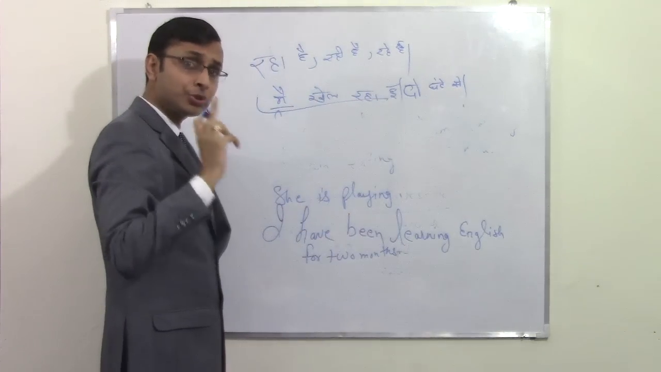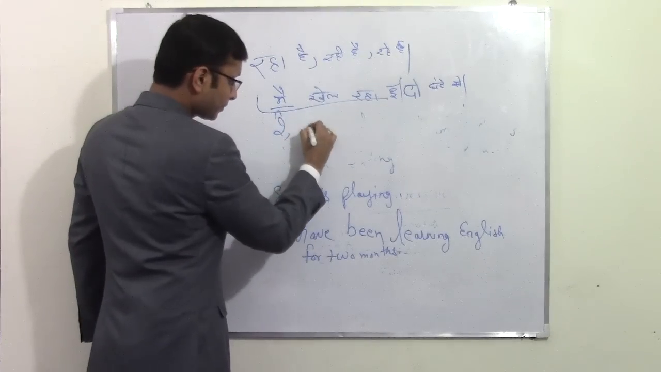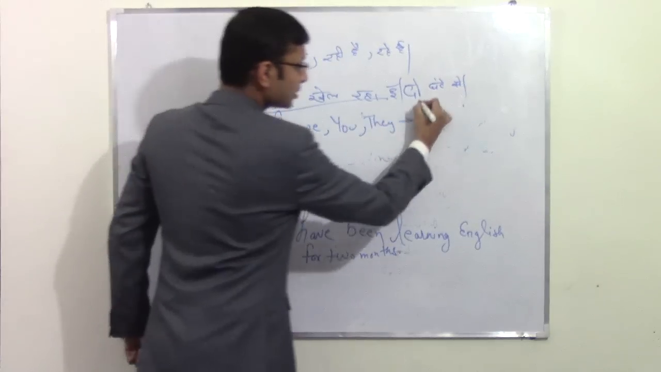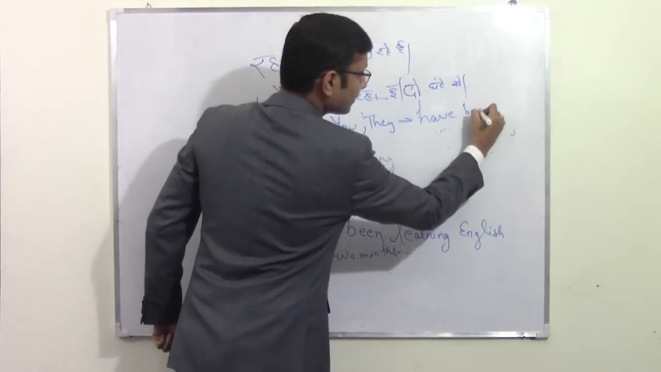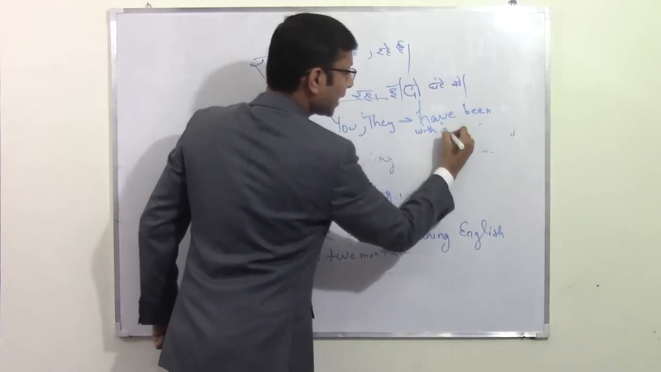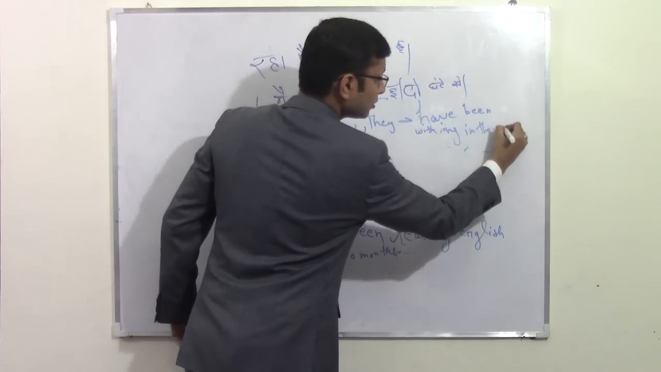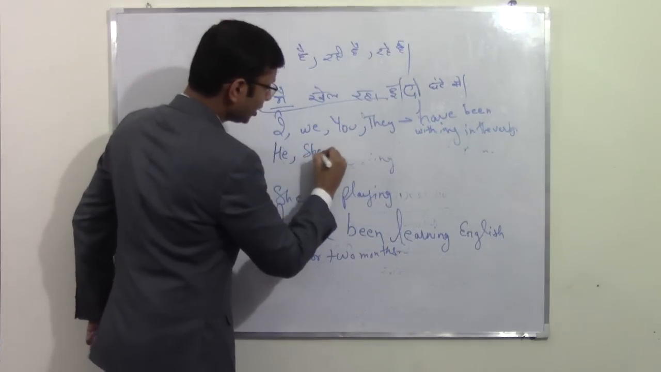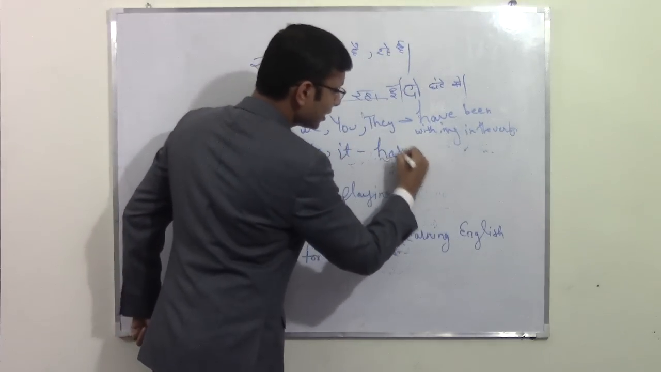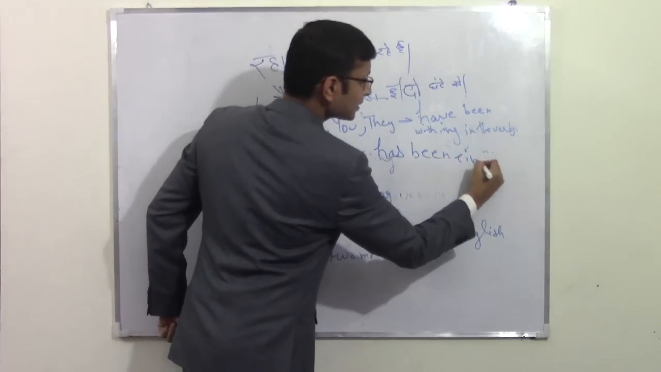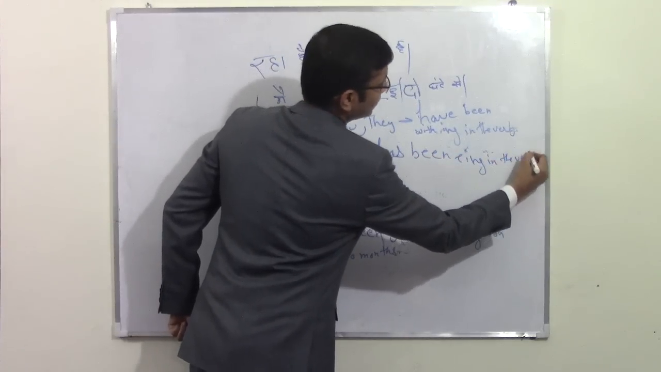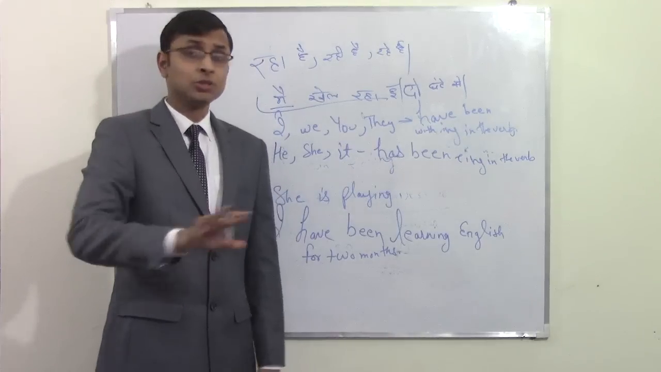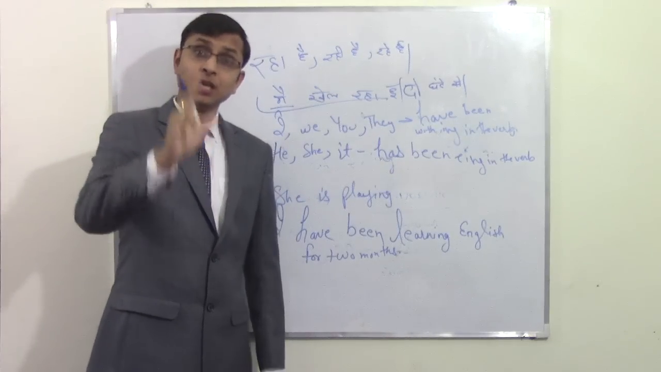So the helping verb which we are going to use with I, we, you, they is have been with ing in the verb, and with he, she, it we will use has been plus ing in the verb. So, मैं 2 घंटे से तुम्हारा इंतजार कर रहा हूं. So we will not say I am waiting for you for 2 hours. We will say,